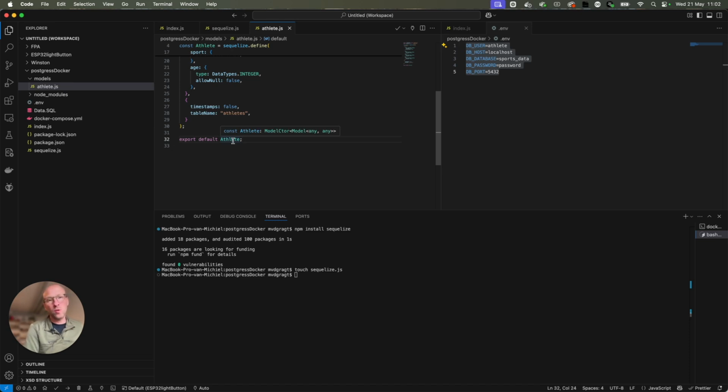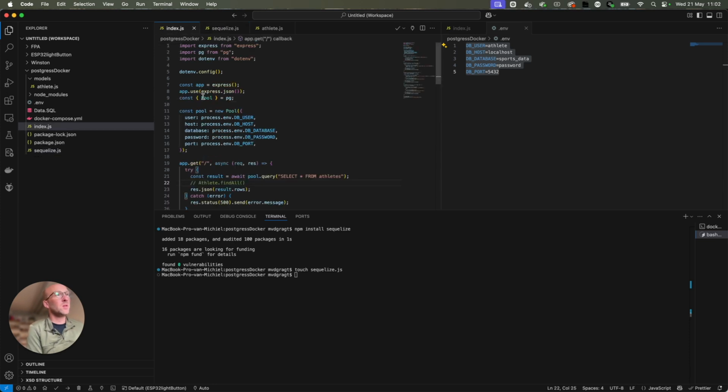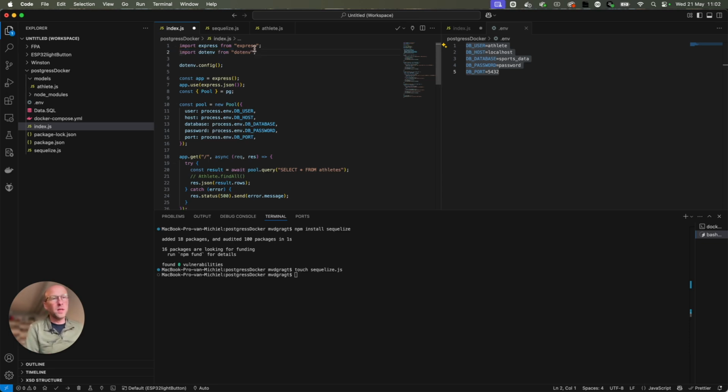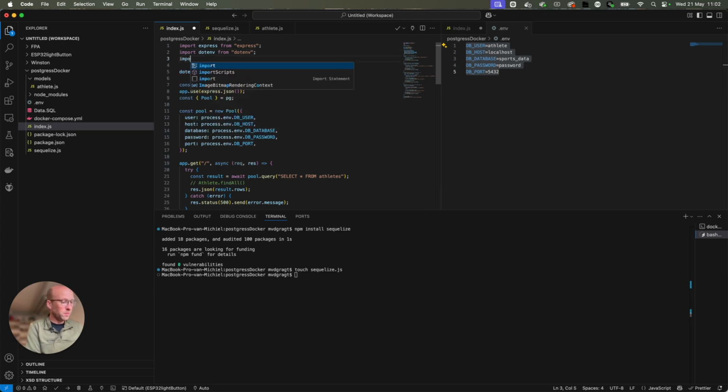And we can replace the PG pool with the Sequelize. So in here, we can change that out. And instead we can do import Sequelize from Sequelize,